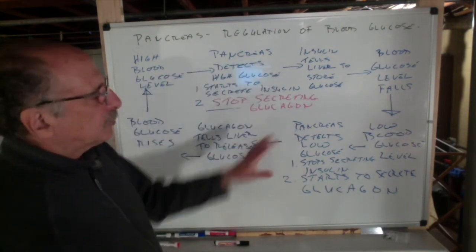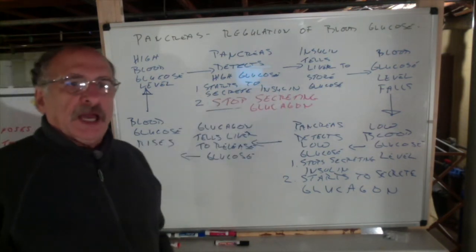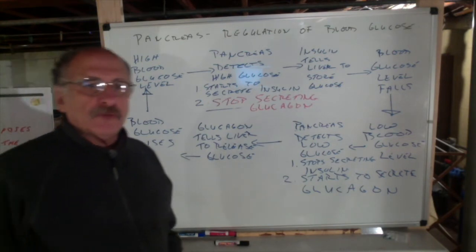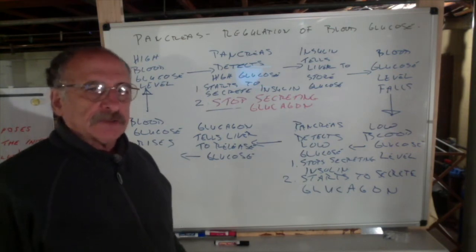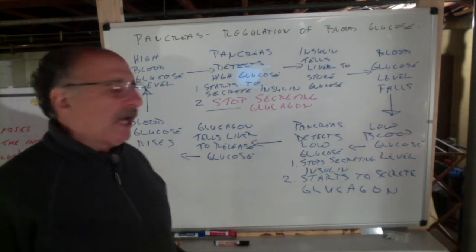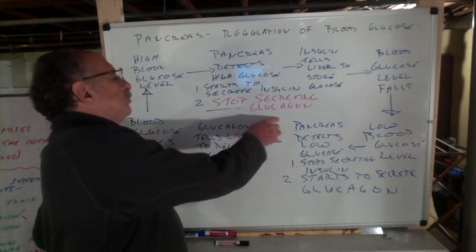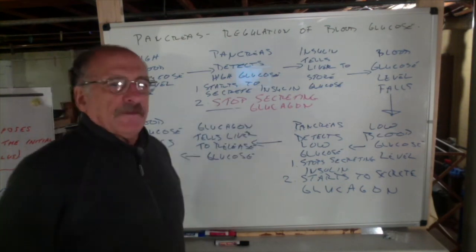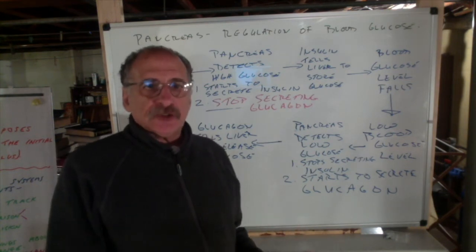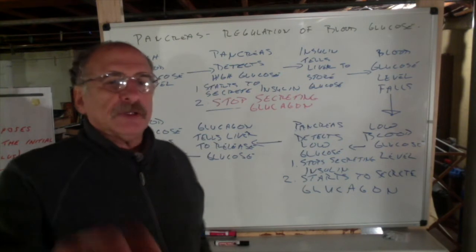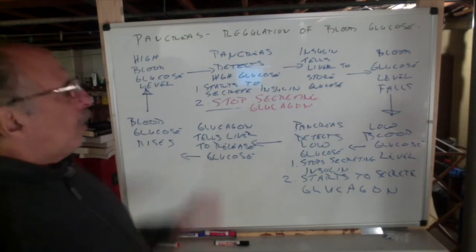So we went around this loop in the last video. This was a fill in the blank. I asked you to take a moment and fill it in before I gave you the answer. Hopefully everyone was able to figure out the correct answer. If you couldn't figure it out at the time, the more important question right now would be, now that I've told you that the answer is stop secreting glucagon, does that make sense to you? If that does make sense to you, you probably understand the diagram. If it does not make sense to you, then you probably don't understand the diagram. So hopefully you understand this diagram.